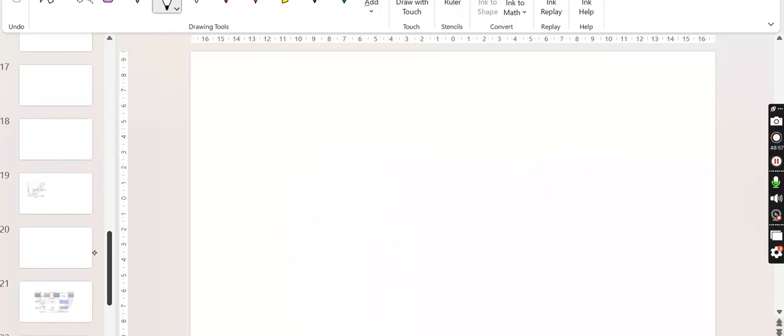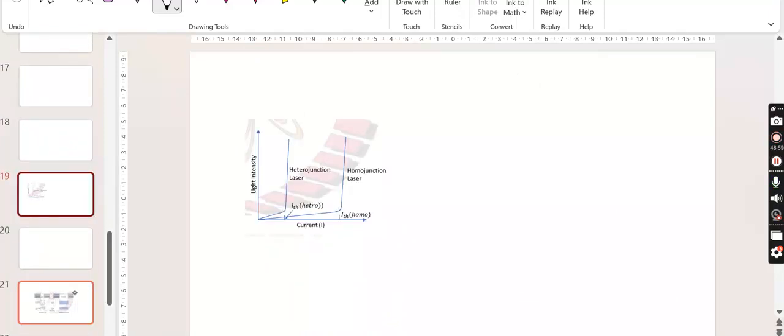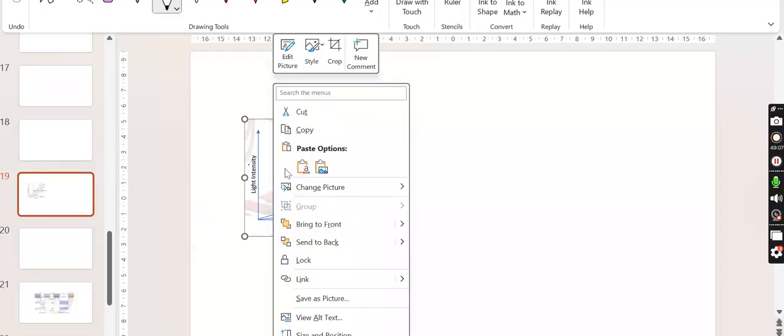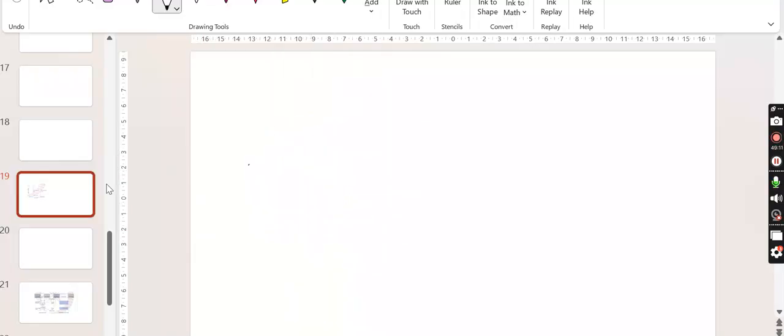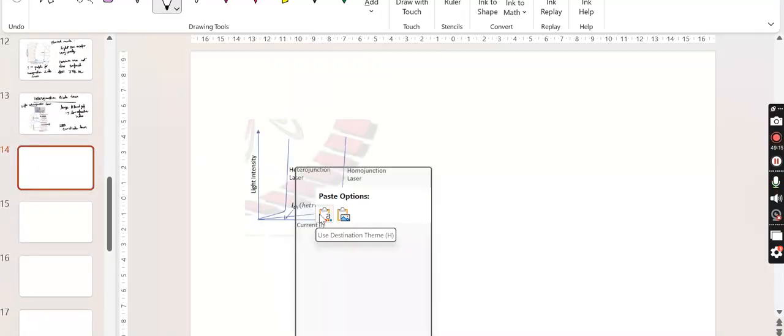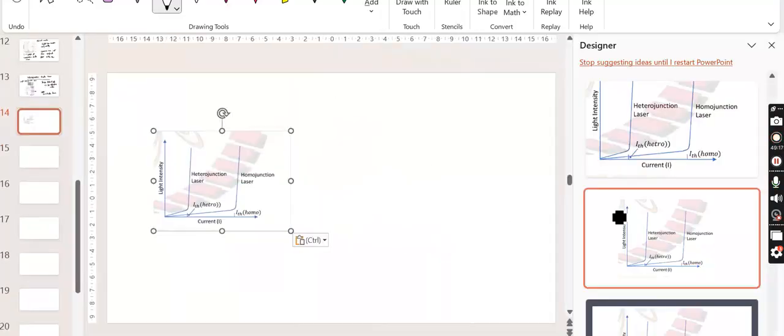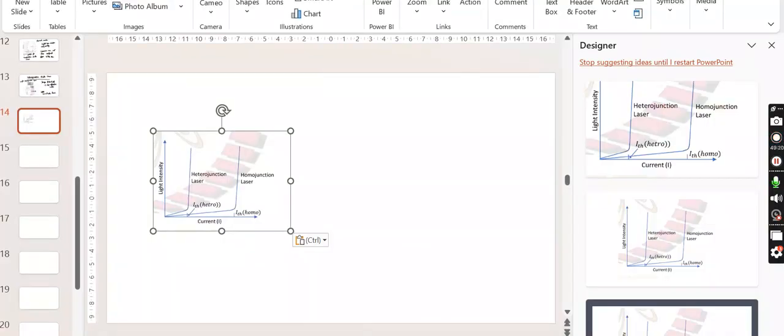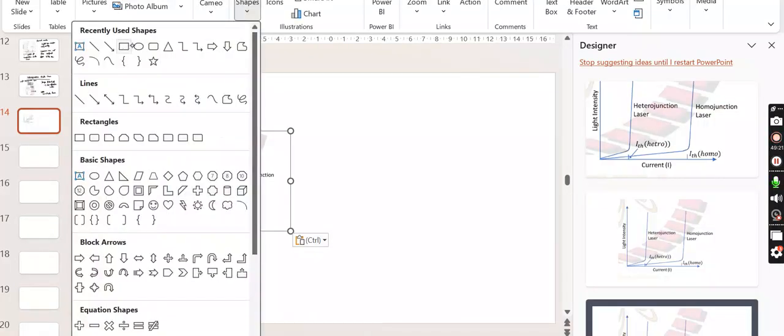For better work, we need to have a double heterojunction diode. And how do we get the double heterojunction diode? Basically,